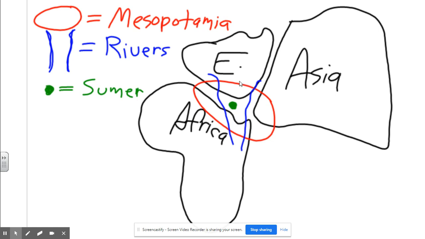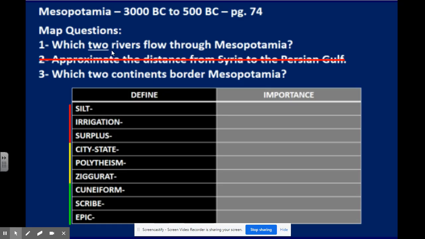But Mesopotamia was just kind of a general vicinity here, general area. And this Mesopotamia circle just kind of encapsulates that. Okay. The next thing I want to put are the two rivers, because as you notice, there's another question that says, which two rivers flow through Mesopotamia? Okay, so we're going to get that one